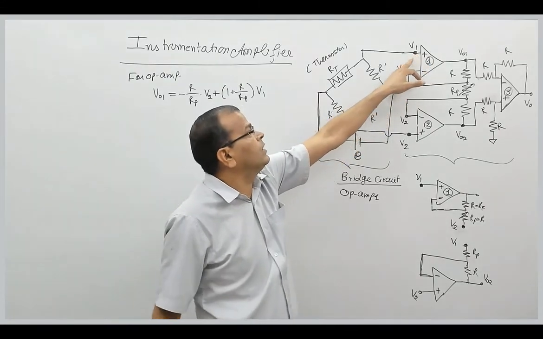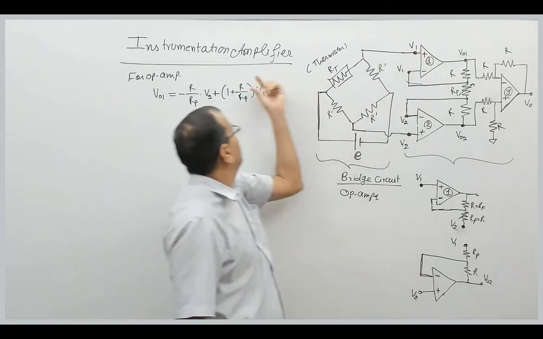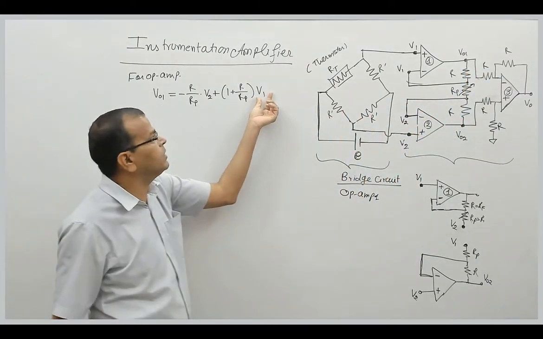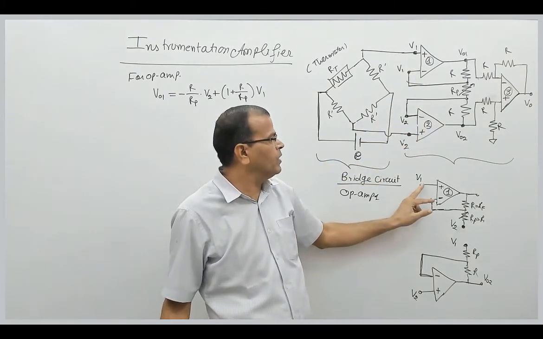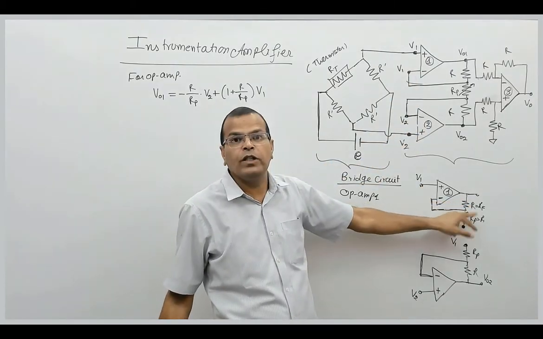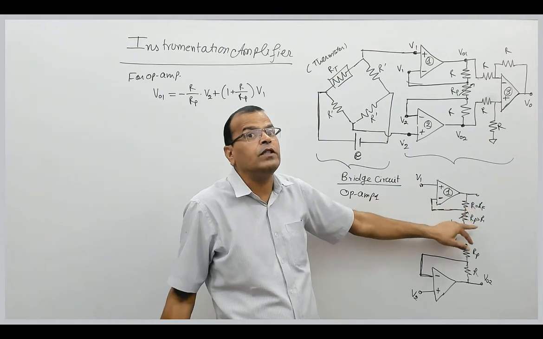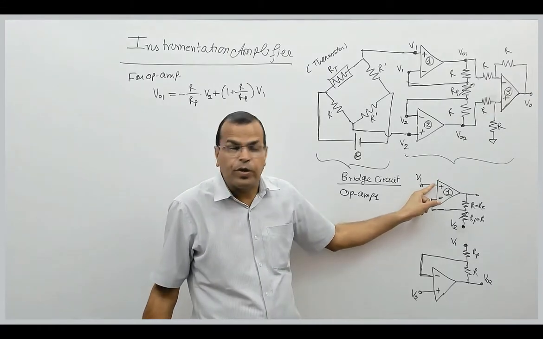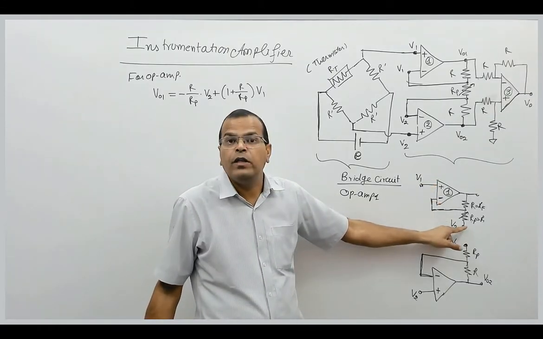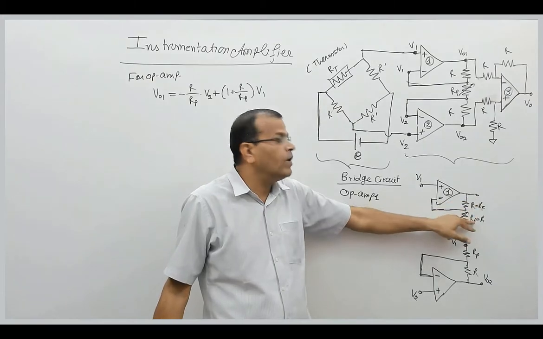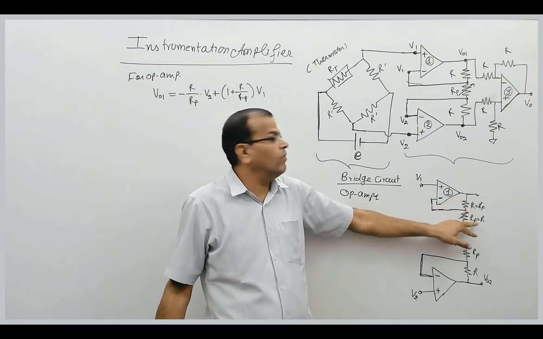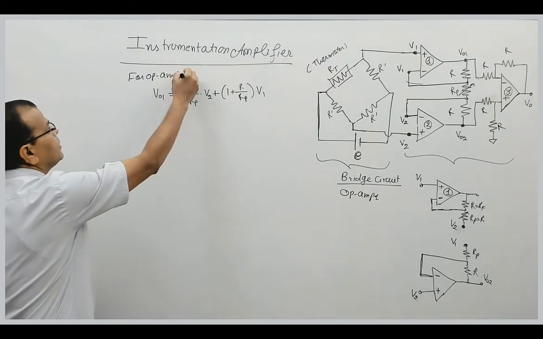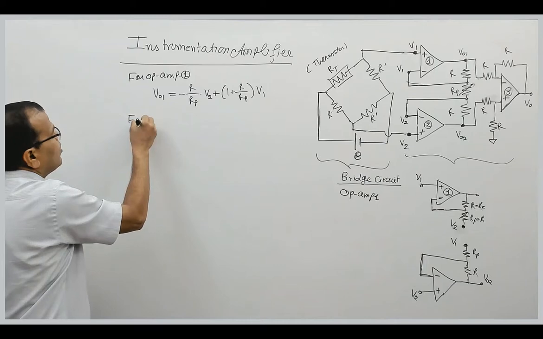So what is the gain for this? This resistance is R, this resistance is RP. So this is the feedback resistance. So the gain with respect to V1 is what? 1 plus RF by R1. RF is R here, R1 is RP here. So 1 plus R by RP. That is the gain with respect to the non-inverting input. The gain with respect to the inverting input is what? Minus RF by R1. So RF is R here, R1 is RP. So minus R by RP. Similarly, this is for op-amp 1. For op-amp 2.